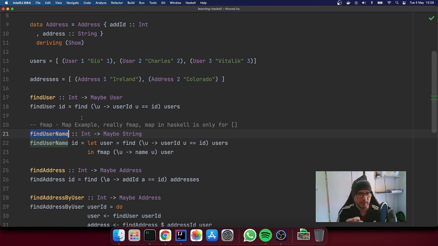So we have something that is encapsulated in a monad, and we know that it is a user, but we don't care about the full user, we just want the name. So is there a way we can change the content and just extract the name without ever getting that value outside of the monad? Yes, we can do that. And this is called fmap.